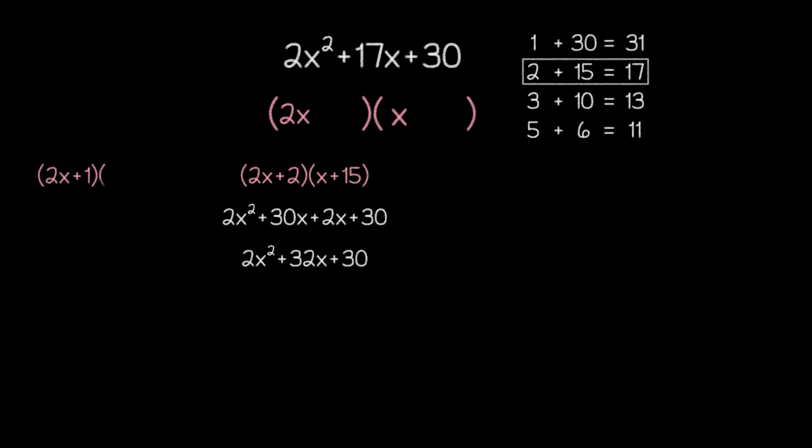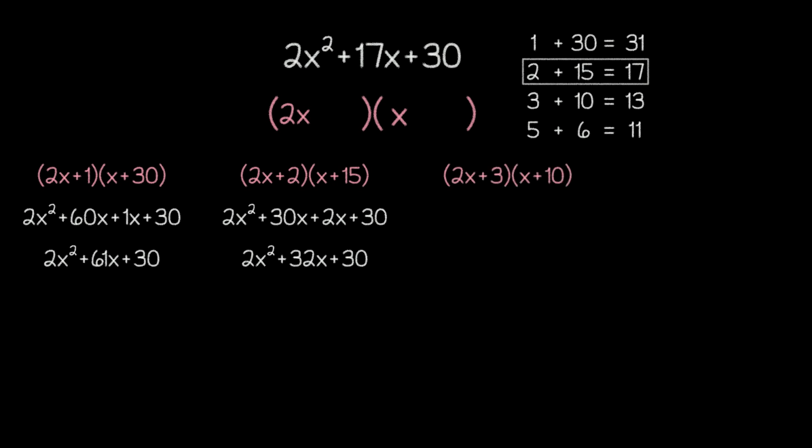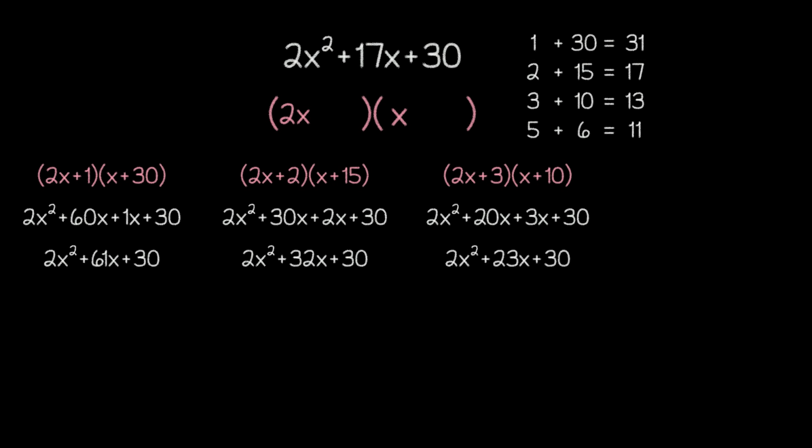This might come as a surprise to some of you, but if you think back to the introduction to this video, we did notice that leading coefficients in our factors threw off some of our patterns, including any patterns that we had observed about the linear coefficient of our result. This means that choosing the constants to include in our linear factors is going to be much trickier, and we can no longer just add up the constants to see which pair is correct. In fact, even the order in which we place the constants is going to matter.